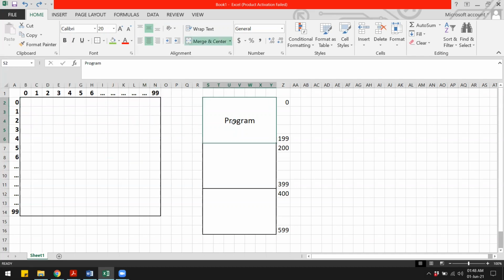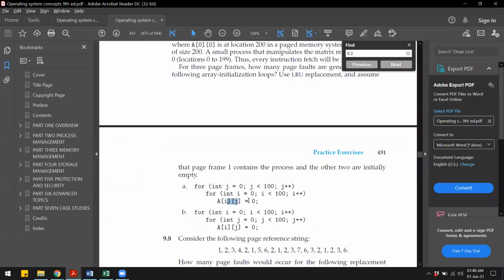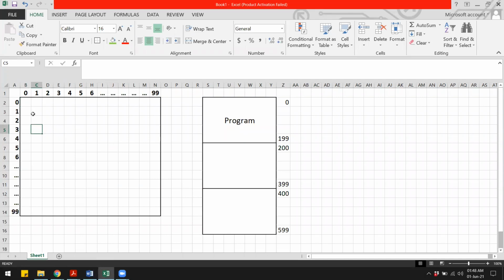Now when the program starts, it's going to start from the first element, that is at I00. It will try to set that particular element to 0, because we are trying to initialize the array to 0. To do that, the array must be brought into the memory. Only then can the program do something on the array.